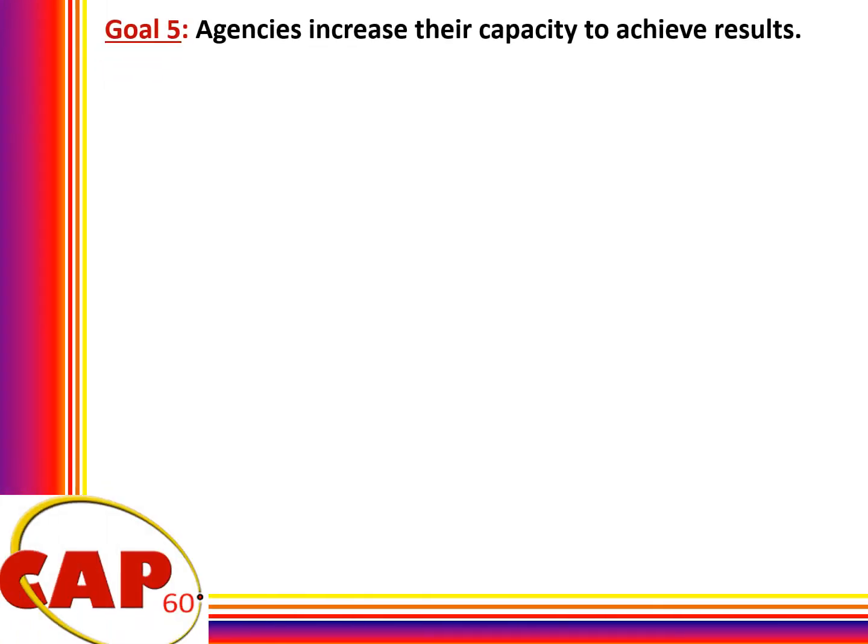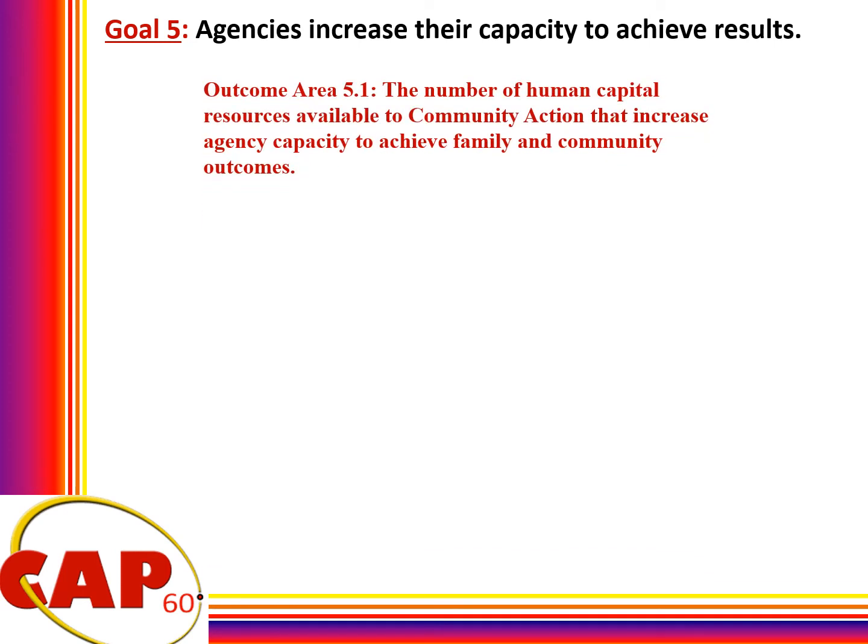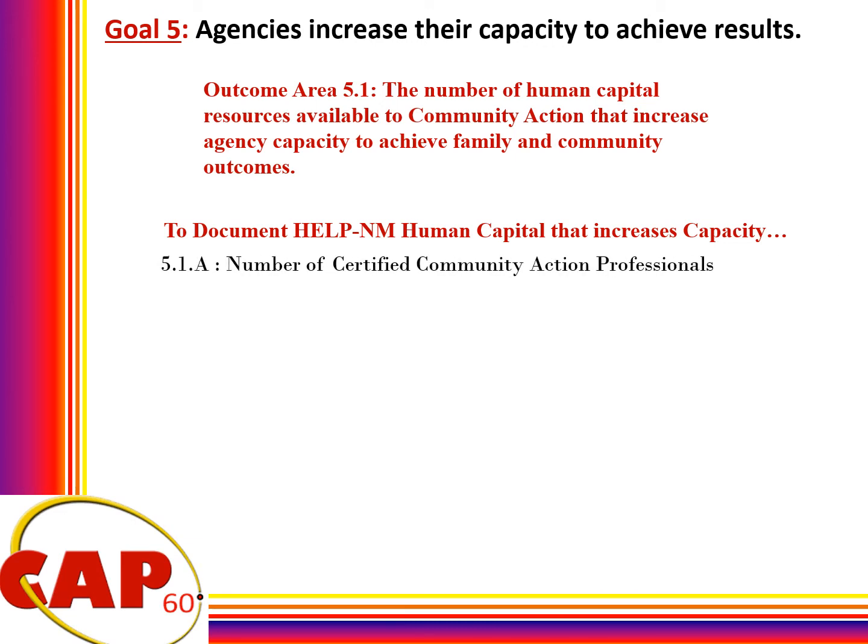Now let's break down Goal 5. Agencies increase their capacity to achieve results. Goal 5 also only includes one outcome area, 5.1, the number of human capital resources available to community action that increase agency capacity to achieve family and community outcomes. This provides a snapshot that shows the extent of human capital resources available to CAAs and to the community. To document Help New Mexico human capital that increases capacity, use the following NPIs: 5.1A, number of certified community action